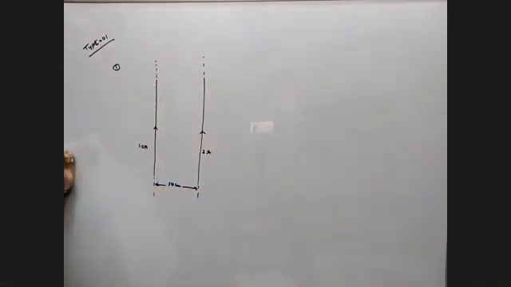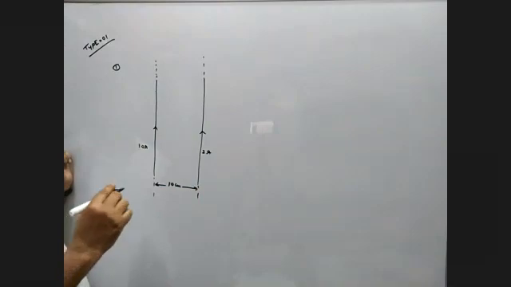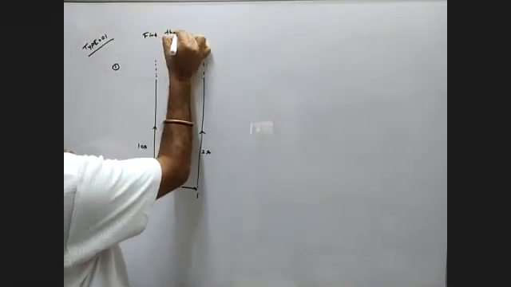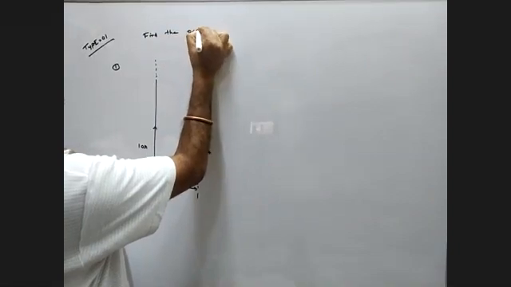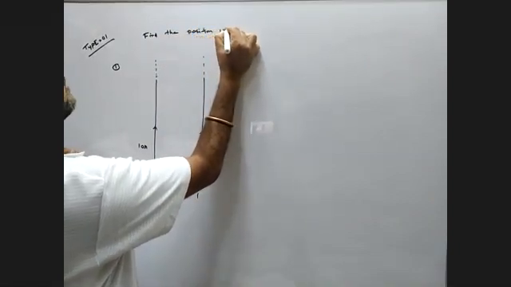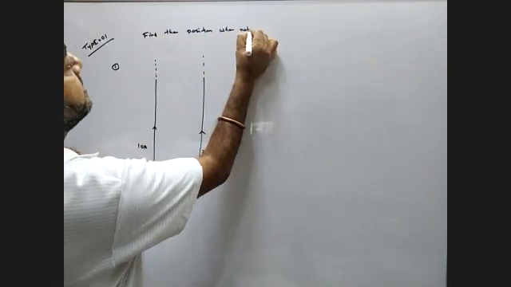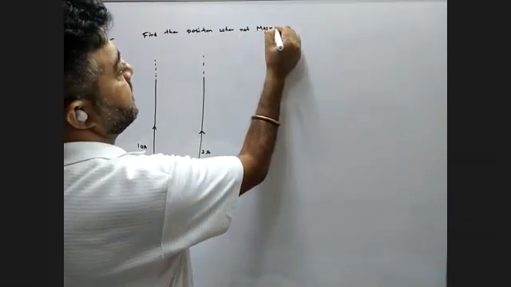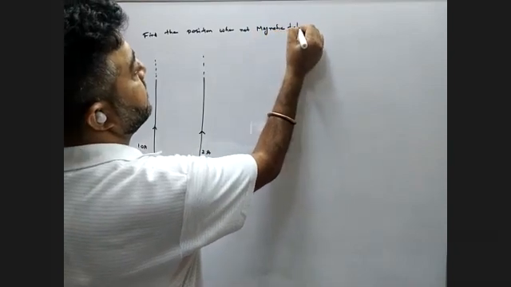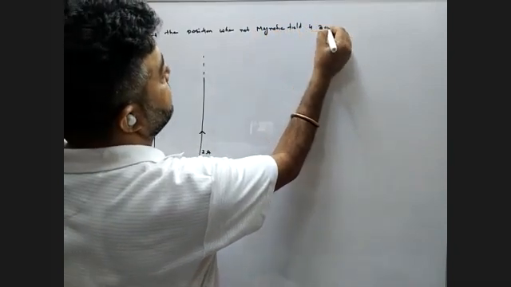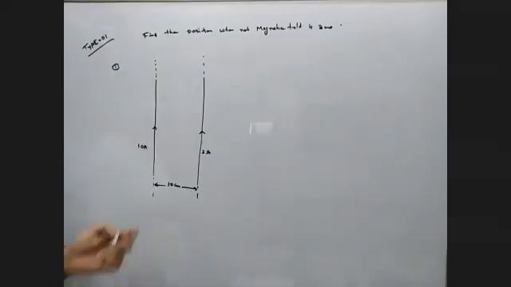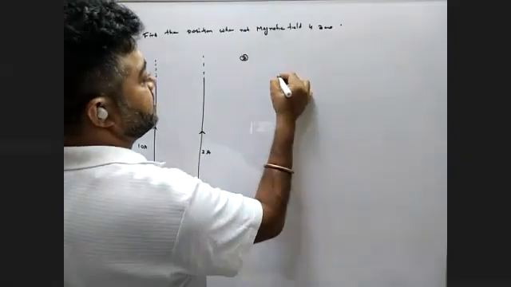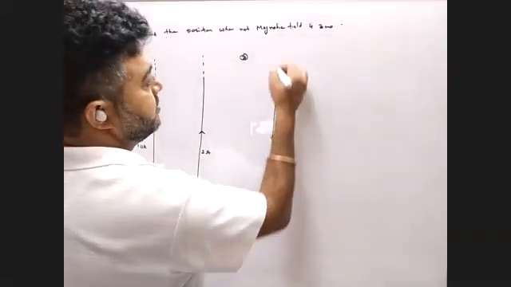Separation is 10 centimeter. Find the position where the net magnetic field is 0. This is the first question. The second question is the same question. Now